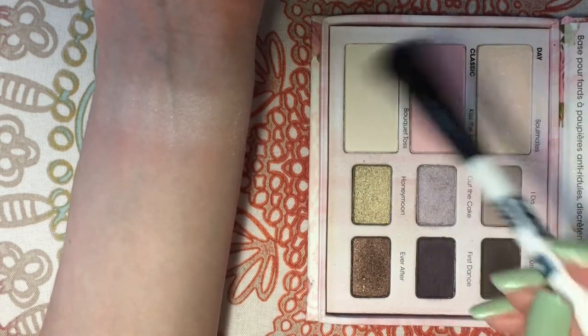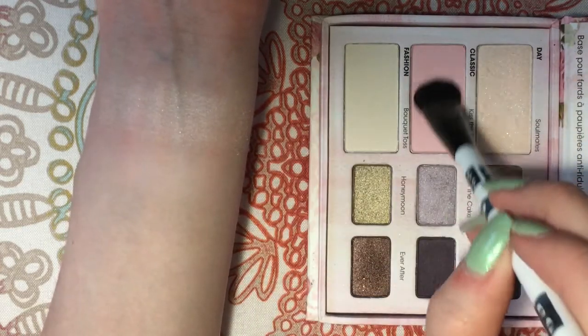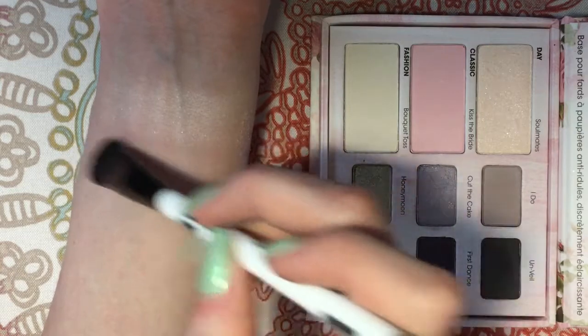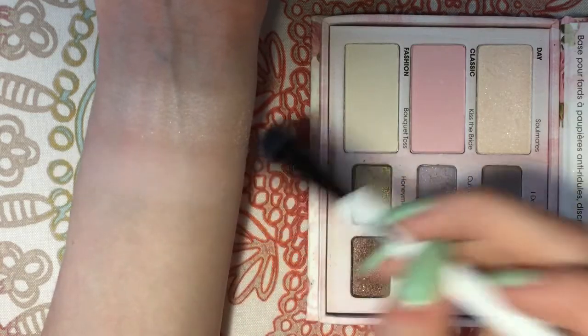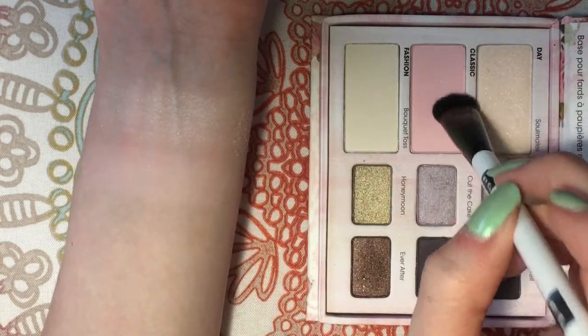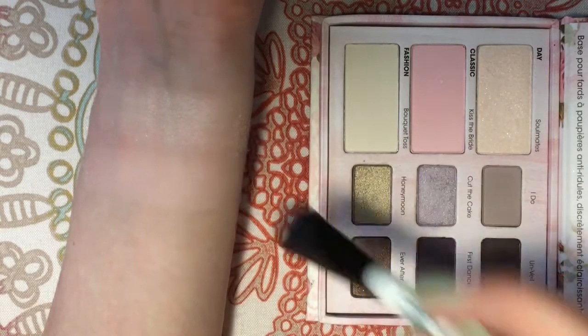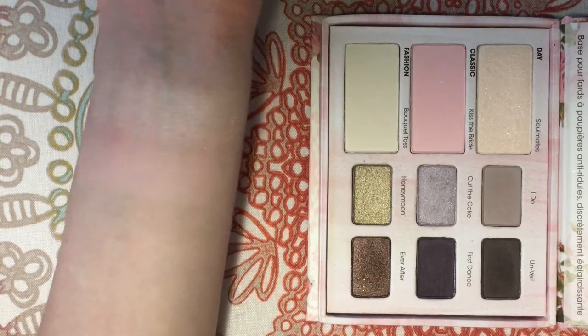This is a matte baby pink color that I'm not sure how well it's going to show up. Yeah, this is pretty well. I can build it up. So this is a light milky pink color, I think is a good way to describe it. This is definitely a great